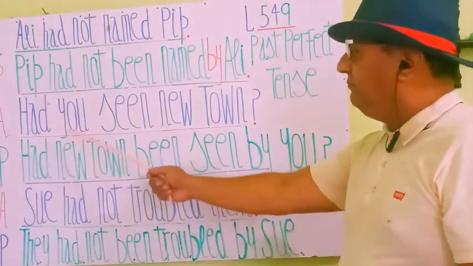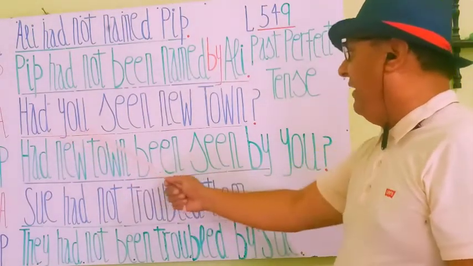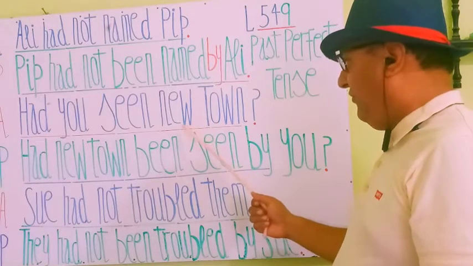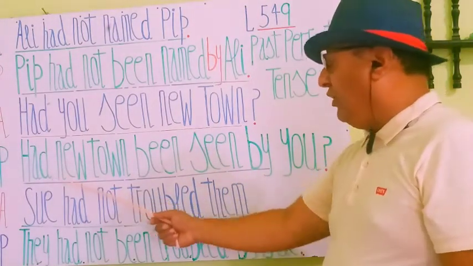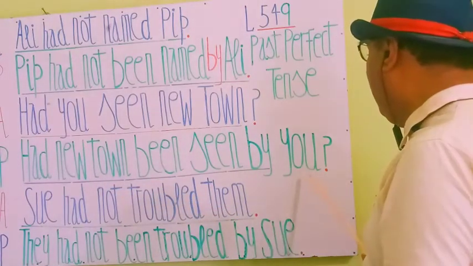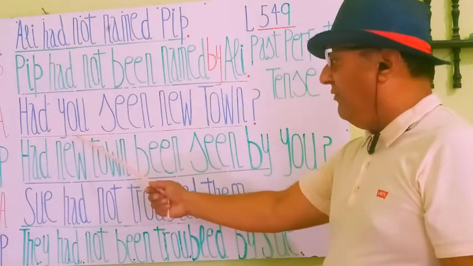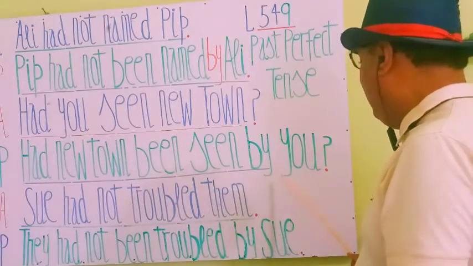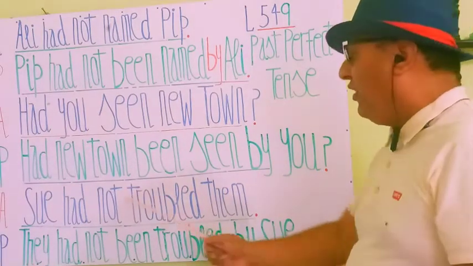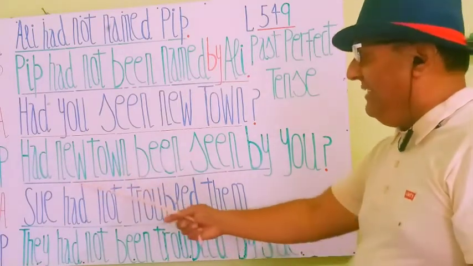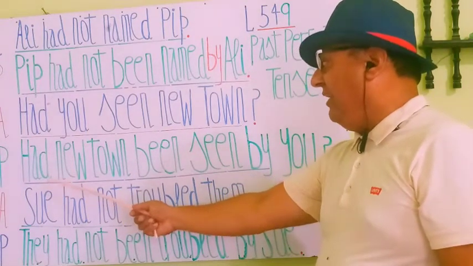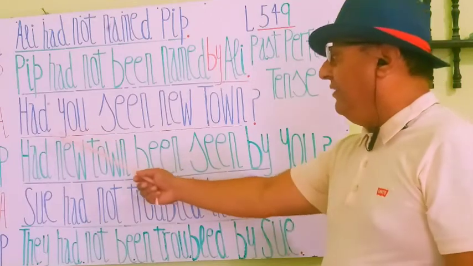You see, my students, in the active statement we have you as a subject and Newtown as an object. When we change to passive voice, Newtown will stand as a subject and you will stand as an object, because the objective form of you is the same, you. Had is written at the start of the statement because it's a question. When there is a question, helping verbs are always written in the first place.